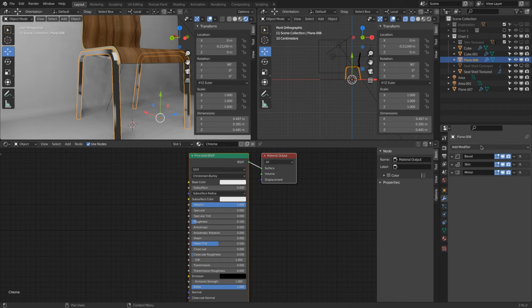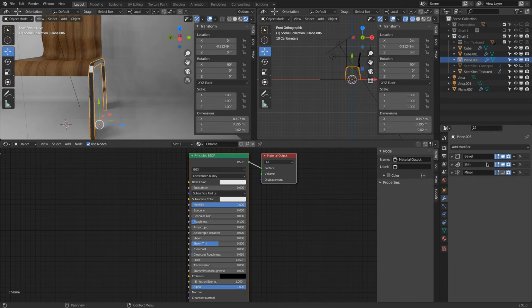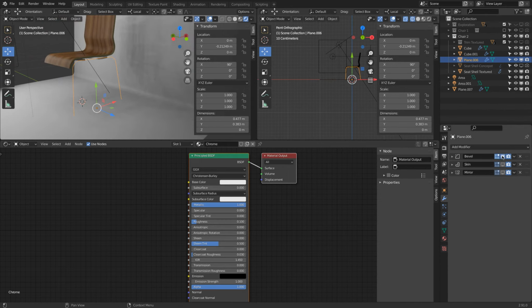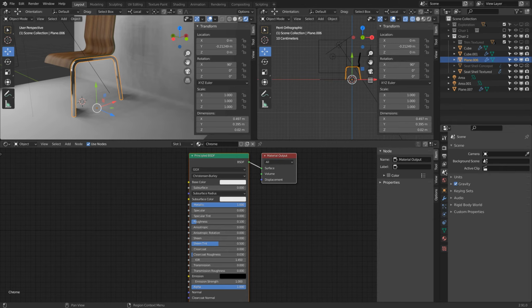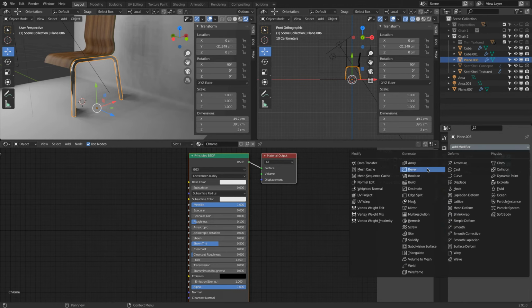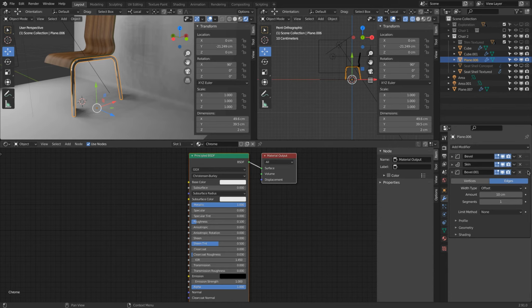So this is all good. Let's turn this one off for the moment. So we see actually there is this one. Just to repeat now, we have this very basic shape, which we bevel and then we skin, and now we put another bevel over it. You notice the diameter there, 0.02, sorry, the diameter, not radius. Let's set this to centimeters, no? 2 centimeters. So that means if we give this object another bevel modifier,